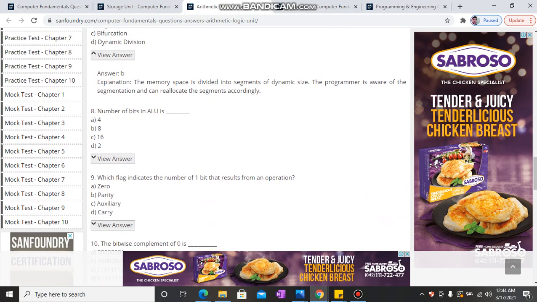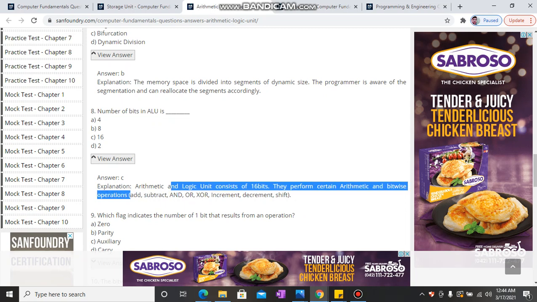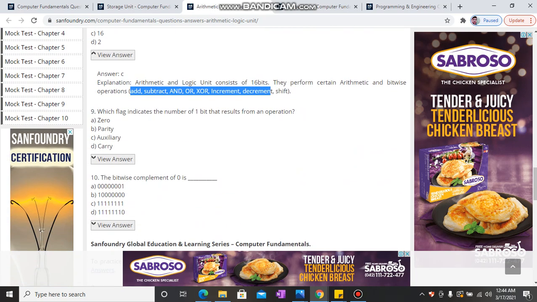The number of bits in the ALU, it's a very important question, is C. In the arithmetic logic unit, we have 16 bits, right? The arithmetic logic unit consists of 16 bits that can perform arithmetic and bitwise operations like add, subtract, increment, and shift. Which flag indicates the number